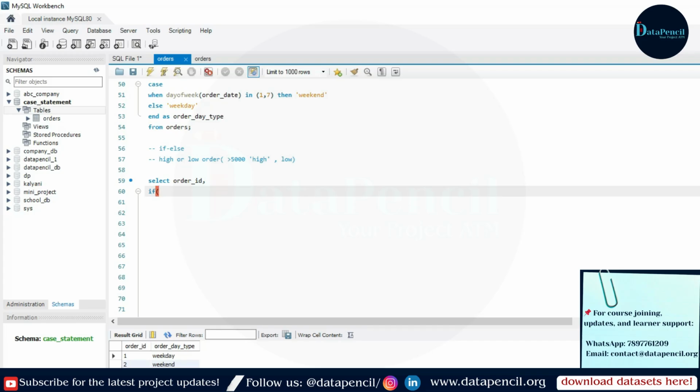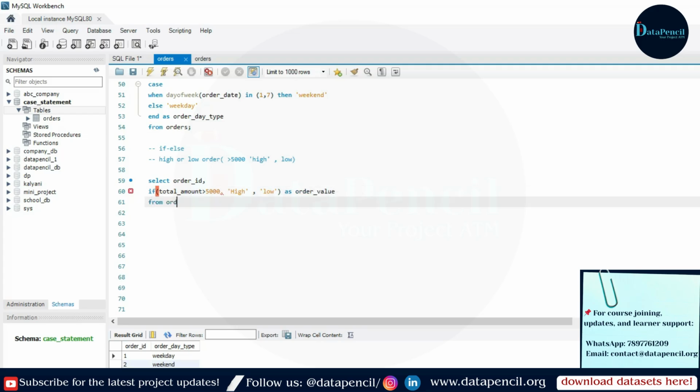So see carefully. If total amount is greater than 5,000, and this condition is satisfied, then term it as high, comma. Now we write the value we want if the condition is not satisfied. So we write low, and we give this column a name, order value,